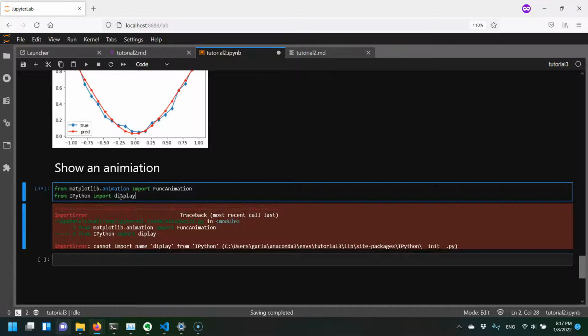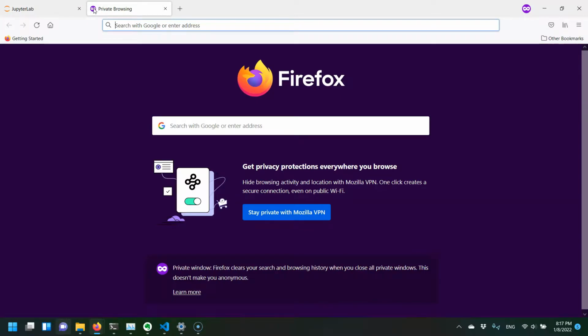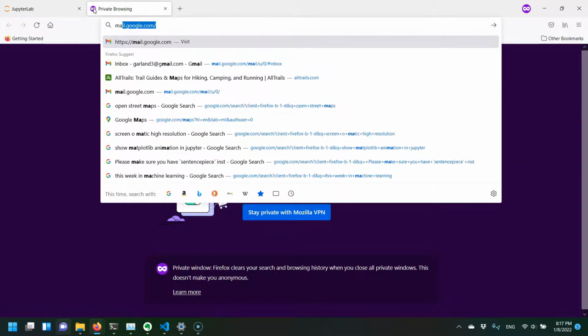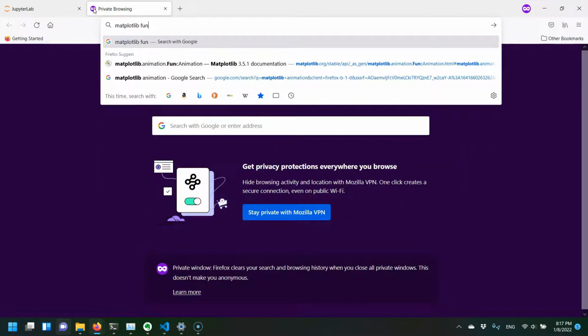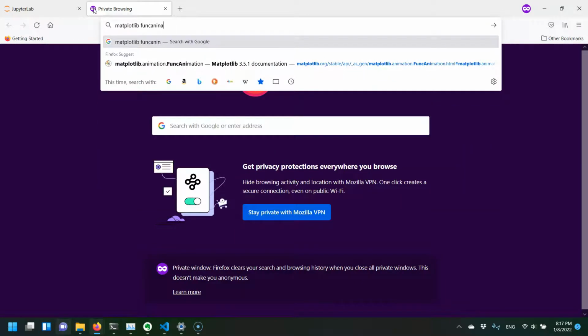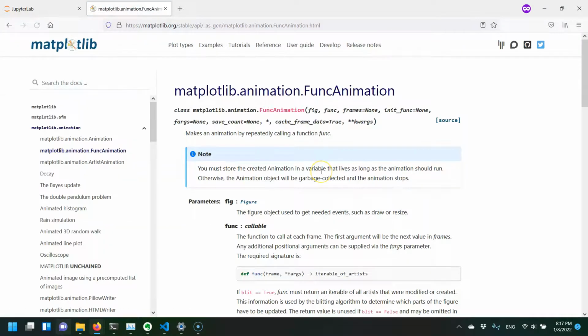IPython display. There we go. Okay, so if I go to the IPython documentation, or the matplotlib FuncAnimation, and we look at the documentation, you can see generally what we need in order to make this work is